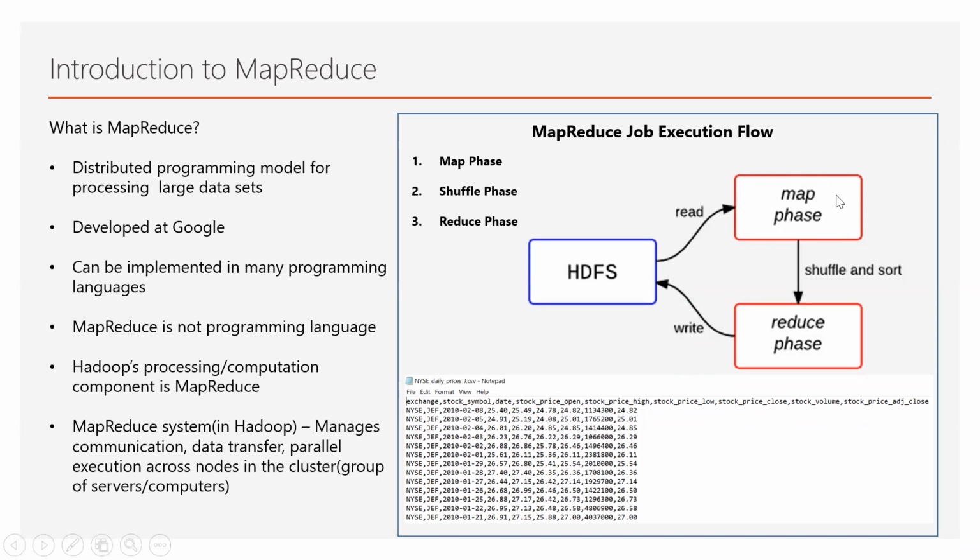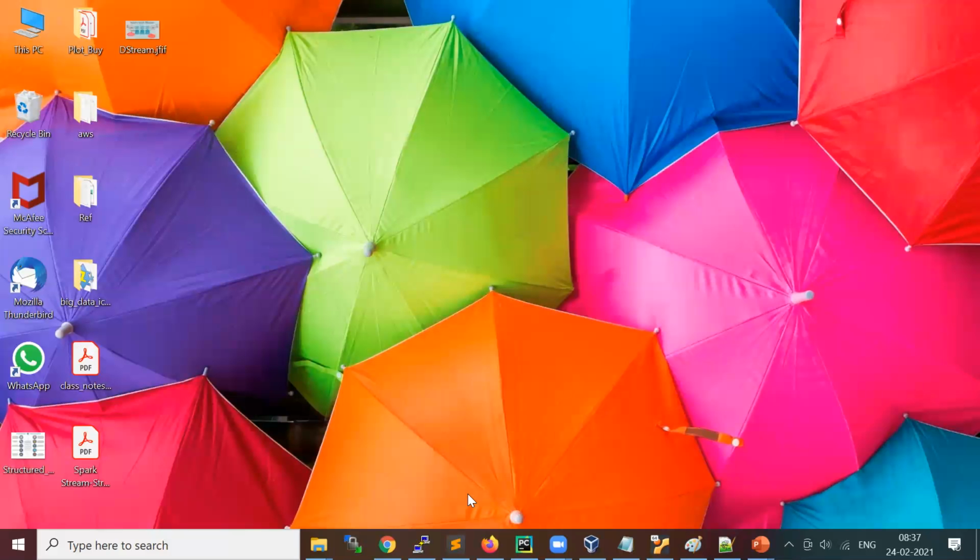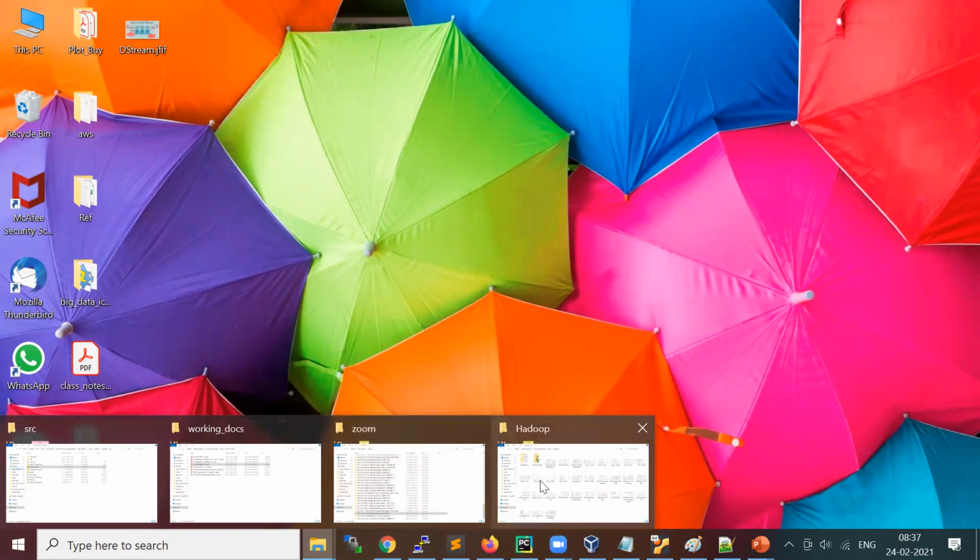In the map phase, the mapper program will take input from the individual blocks in HDFS. So your mapper program will run for each individual block. If you have three blocks for your data, there will be three mappers running on your cluster.